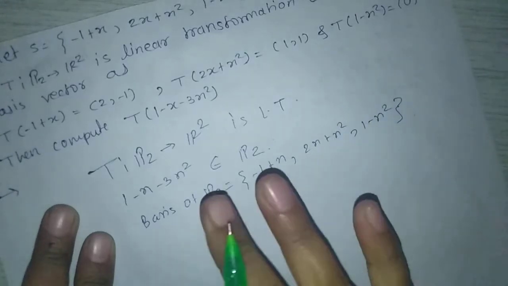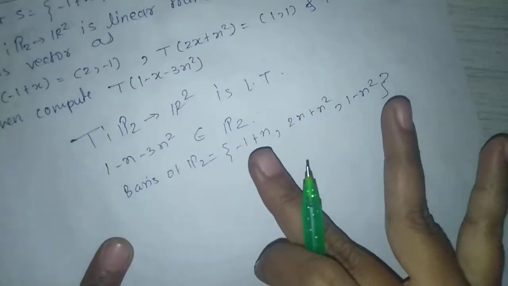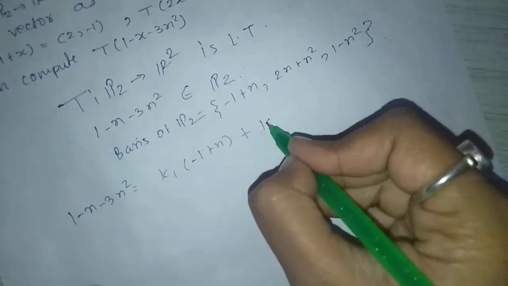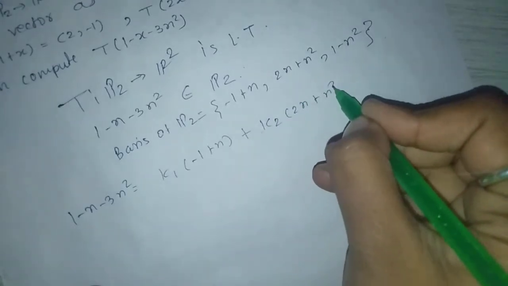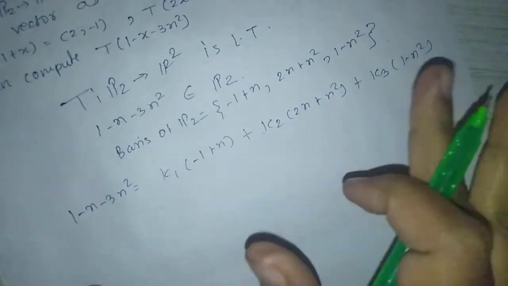So by definition of basis, every vector of P2 is a linear combination of these three vectors. So 1 - x - 3x² is a linear combination of -1 + x, 2x + x² and 1 - x². Now to find the values of k1, k2, k3,